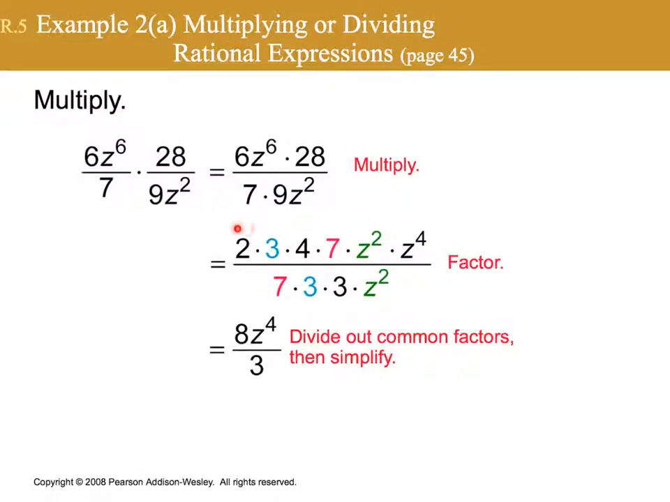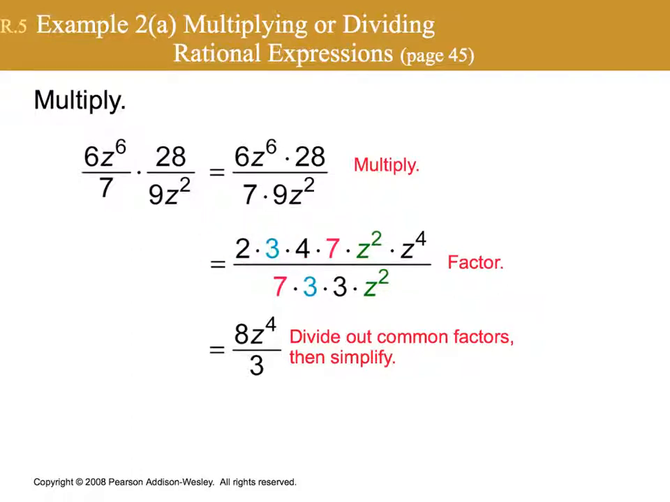So the 6 is 2 times 3, the 28 is 4 times 7, and z to the 6, they break it up into a z squared and a z to the 4th, simply because we have a z squared in the denominator. In the denominator we have 7 and 9, so 7 is 7, and 9 is 3 times 3. We look for similar terms, top and bottom. We have a 3 and a 3. We have a 7 and a 7, and a z squared and a z squared. Those all simplify down to 1,